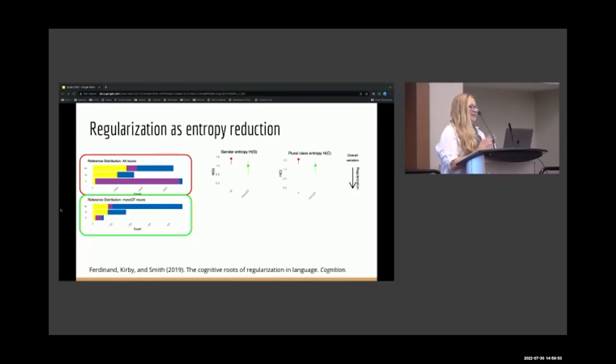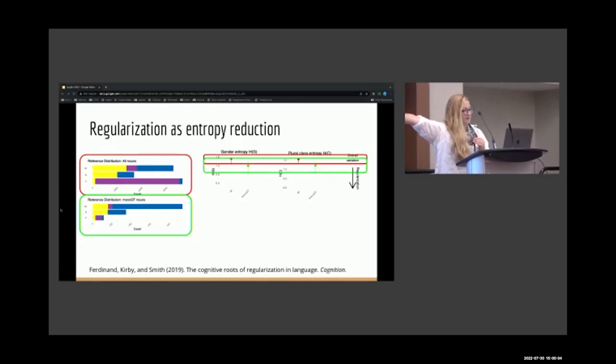So now these are our reference metrics for entropy for grammatical gender, and we can do the same thing for plural class. And then putting this in terms of experimental predictions, we can look at the entropy of the distributions that speakers produce, and if they fall within these confidence intervals, then we might say that they are consistent with probability matching one of these distributions.